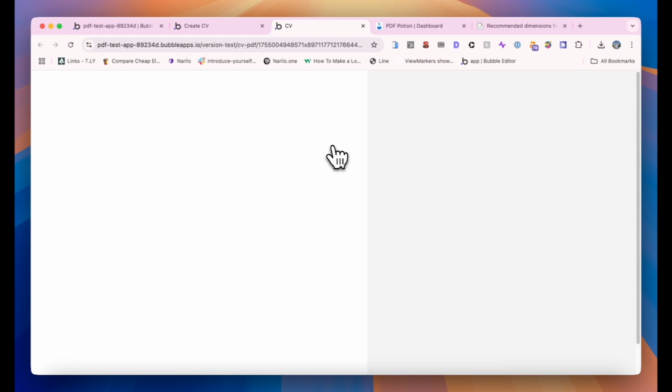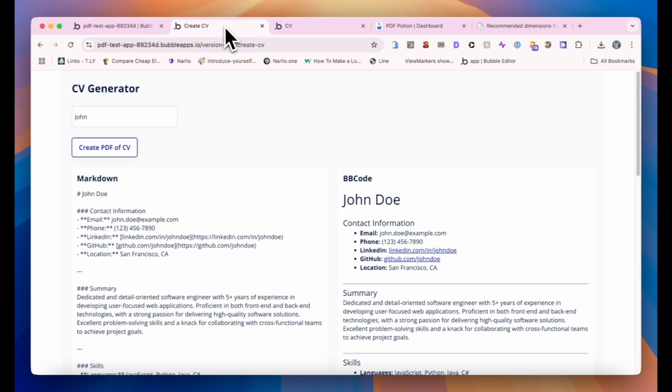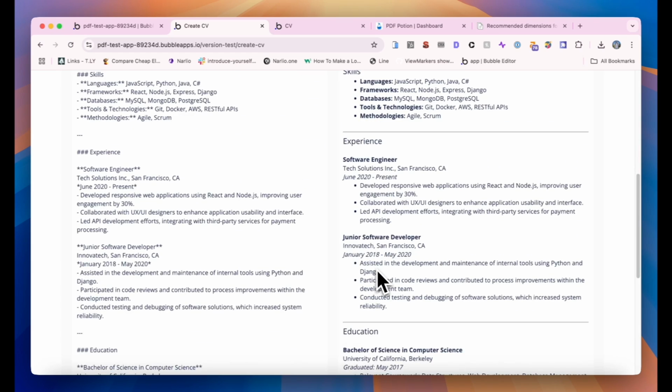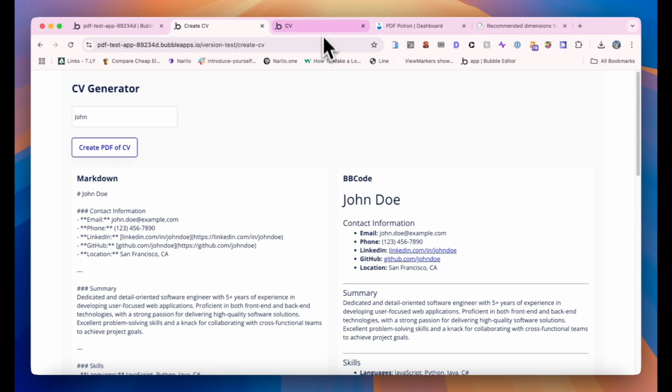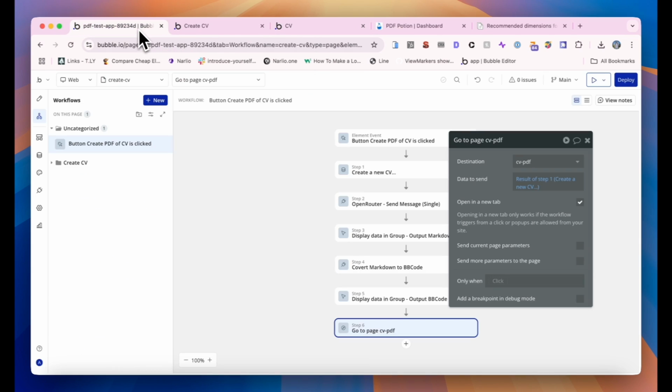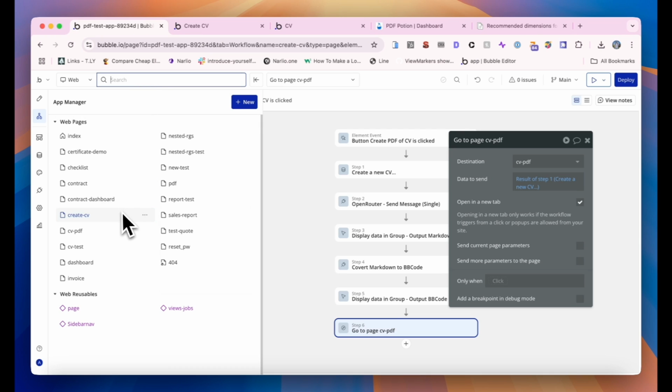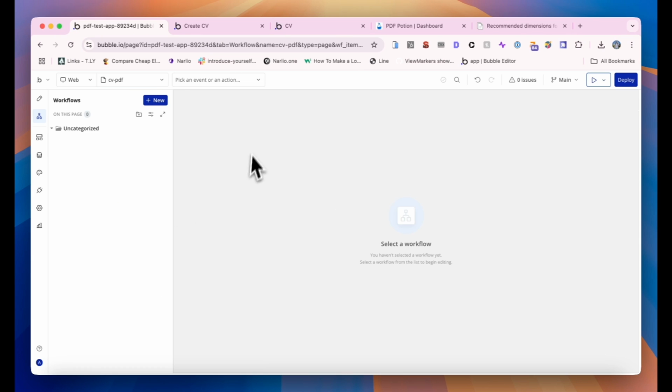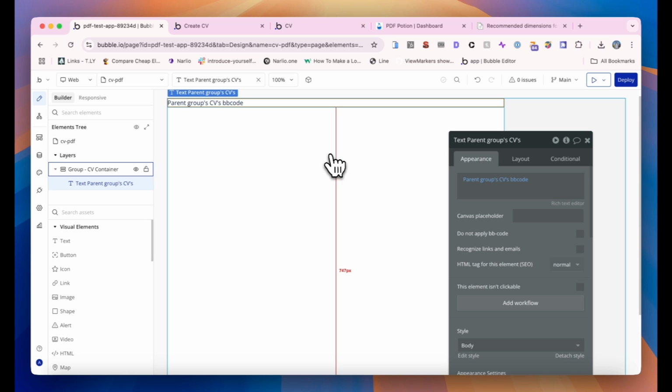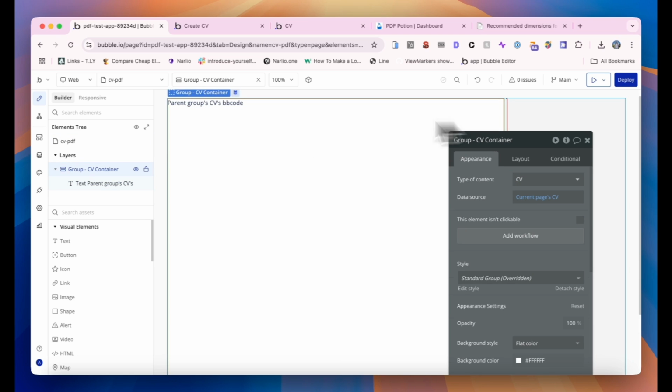Okay, so nothing's showing up here, but it is showing up here. So that's obviously a problem. So let's take a look and see what's going wrong there. If we go back to our CV PDF page, take a look at that. Current page is CV,